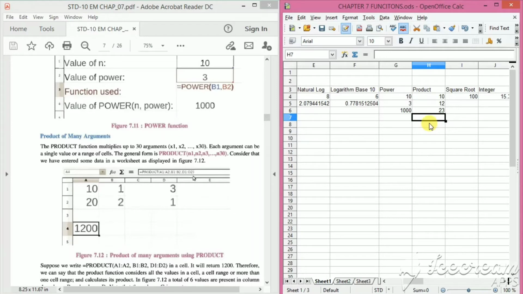To find out the product, we use the product function: equal to PRODUCT, round bracket start, select the three numbers, close the round bracket and press the enter key. So the product of the numbers 12, 10 and 23, that is 10 into 12 into 23, is